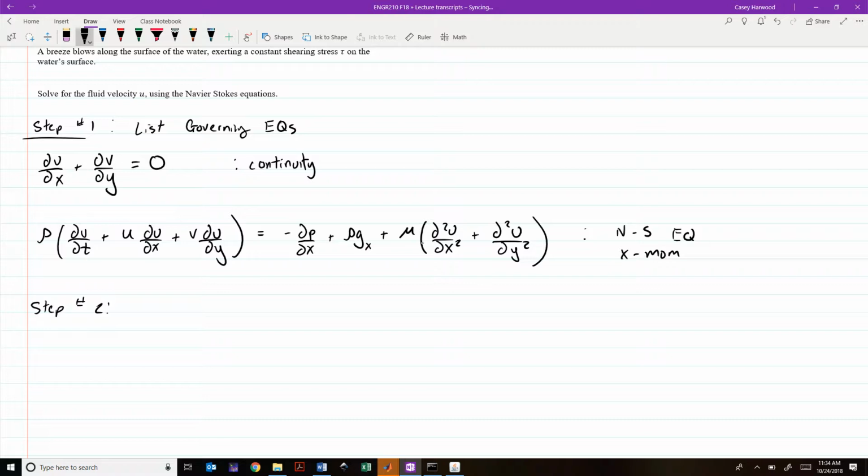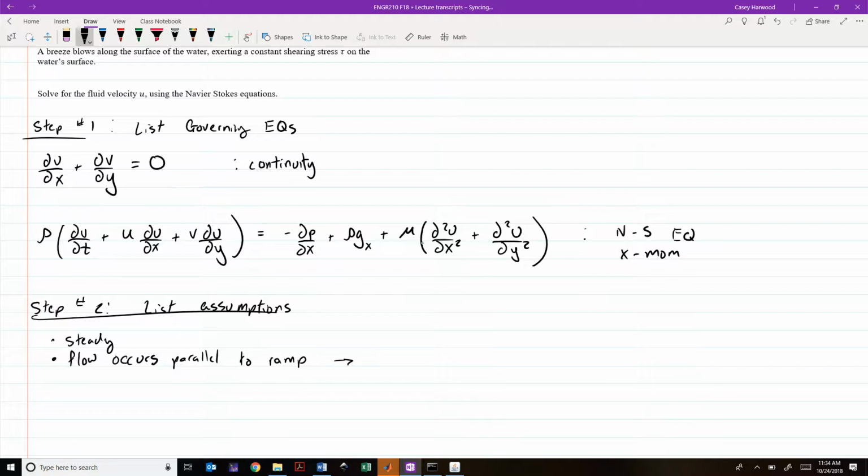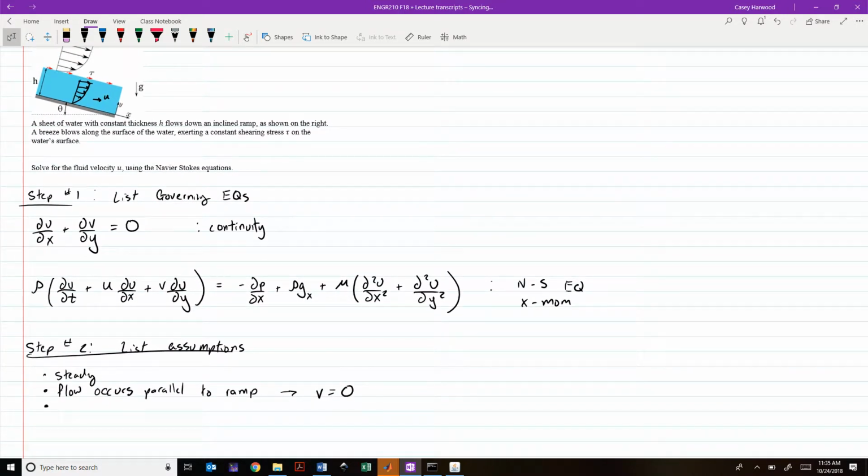Okay. So step 2, list assumptions. Those being, first, we're going to assume that it is steady. We're going to assume that flow occurs parallel to the ramp. In other words, that v is equal to 0. Okay. And then we can make an assumption here as well that